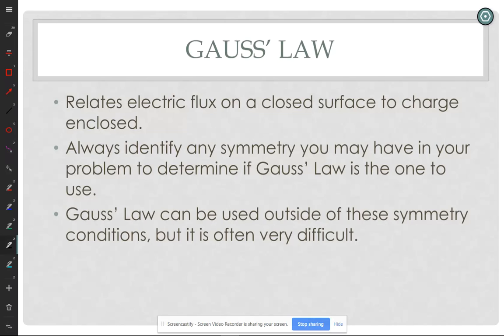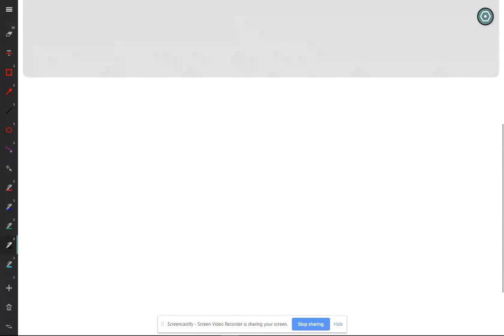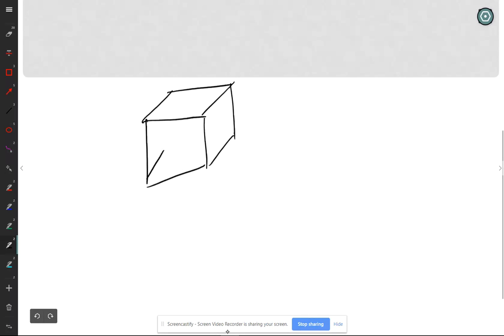So when you're using it, always identify any symmetry you have to determine if Gauss's law is going to be the way to solve a problem. Now, it can be used outside of these symmetry problems. For instance, well, here's a real simple problem that you definitely won't see. We have a cube, and let's say each surface of the cube has the same flux